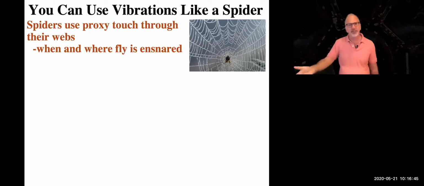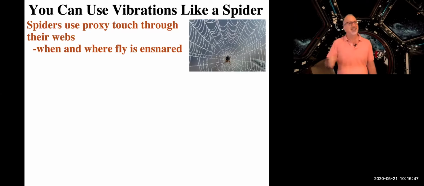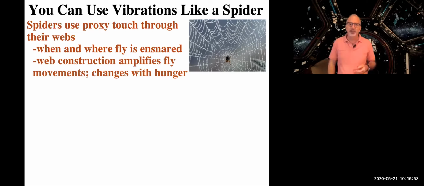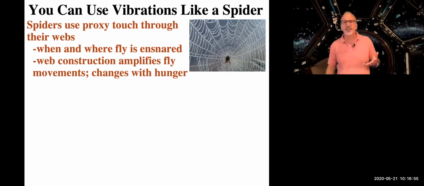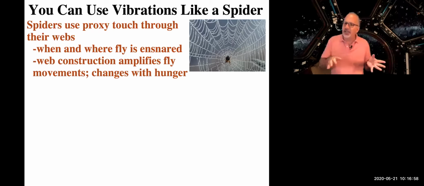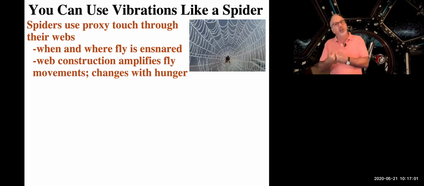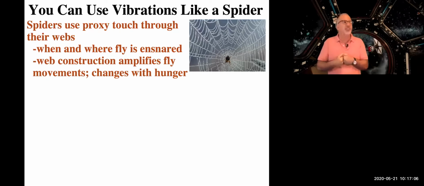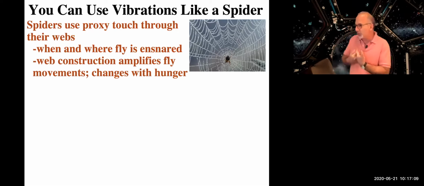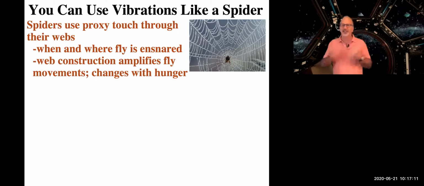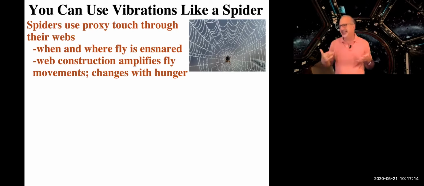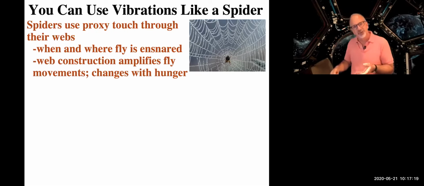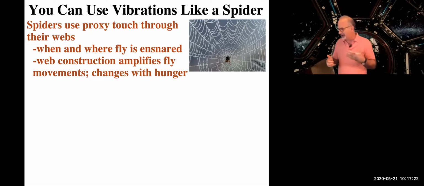If it's not terribly hungry, it will want to have big flies and not have a lot of false alarms from the wind. And so it will construct its web differently. So the web construction is going to amplify the movement in such a way that it's useful if it's really hungry and wants small flies, or if it's not that terribly hungry, it can wait a little bit, just waiting for a big fly that's really worth moving around for and doing all its fly things and eating it. So it can fashion its own tool, just like people fashion their own kind of proxy touch tools to have different sorts of skills.